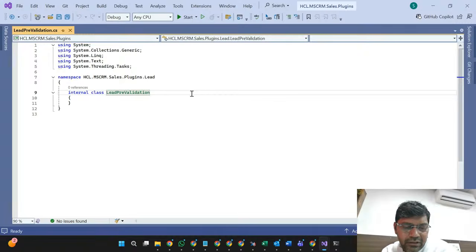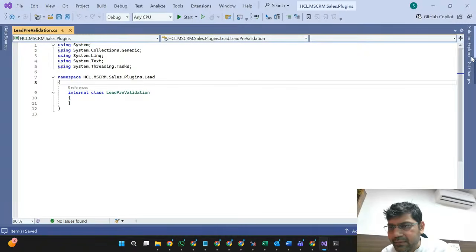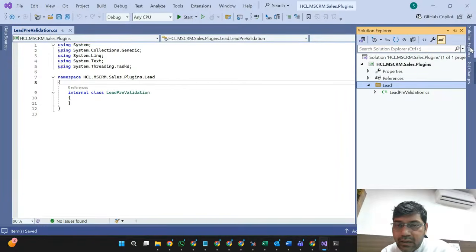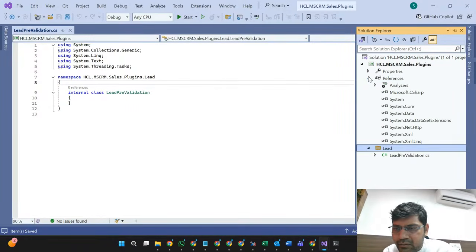Okay, so these are the basic things that we have done here. Now let's try to understand. This is the basic architecture we have done. So now we have some default references that we have added to work with plugin code. We have to follow some Microsoft guidelines.